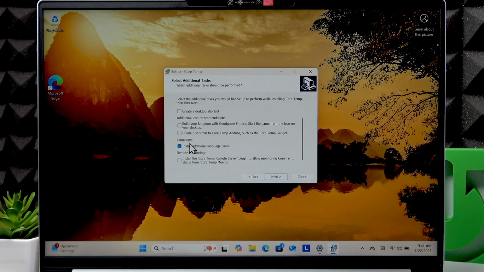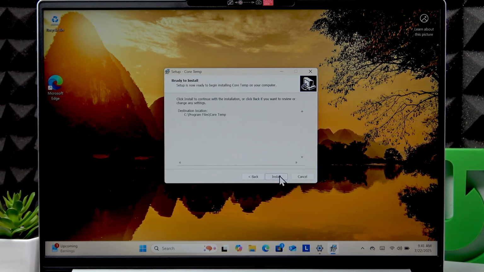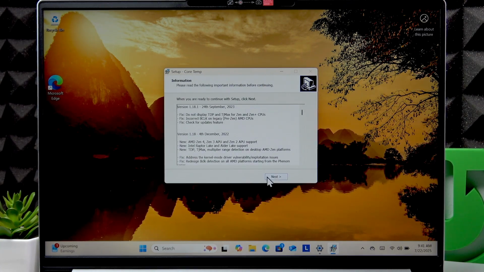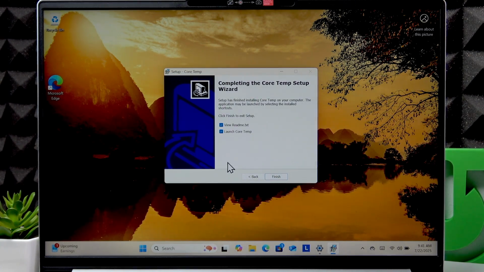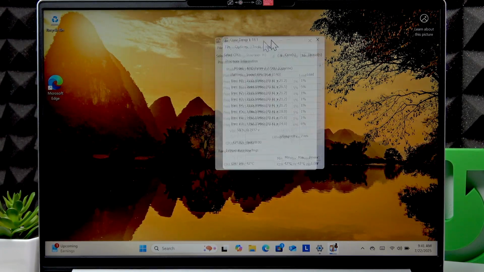I don't need it, so I'm gonna uncheck it. And if you want to install any additional language packs, you can also leave this checkbox checked, but I'm not gonna need it, so I'm gonna uncheck it too. Then proceed by clicking next, install, and wait until the application is installed. Click next. Then you can uncheck the readme option and click finish and wait until the